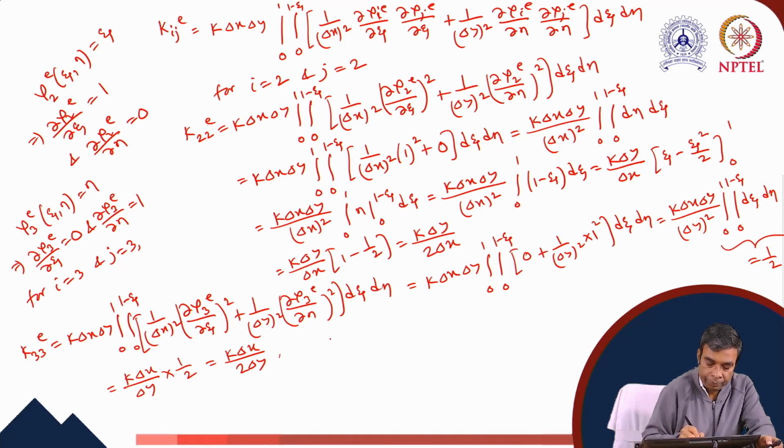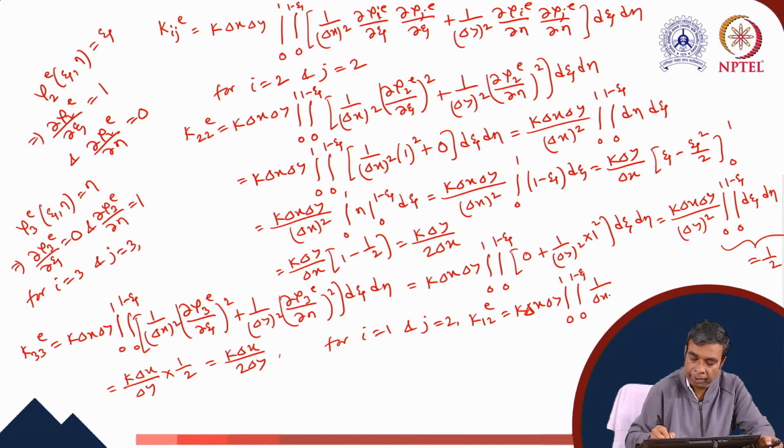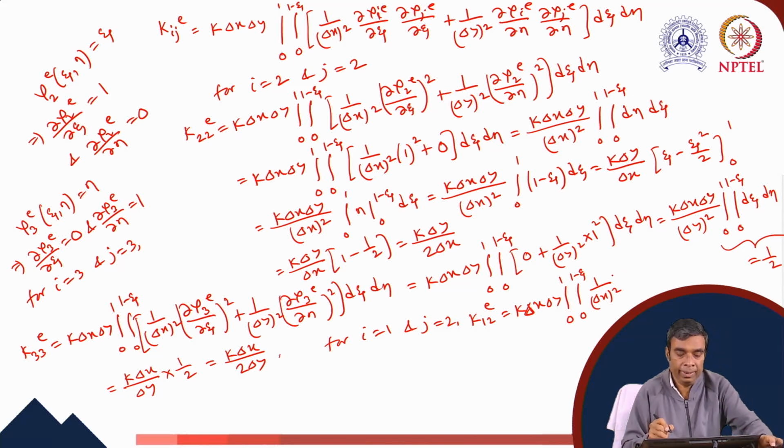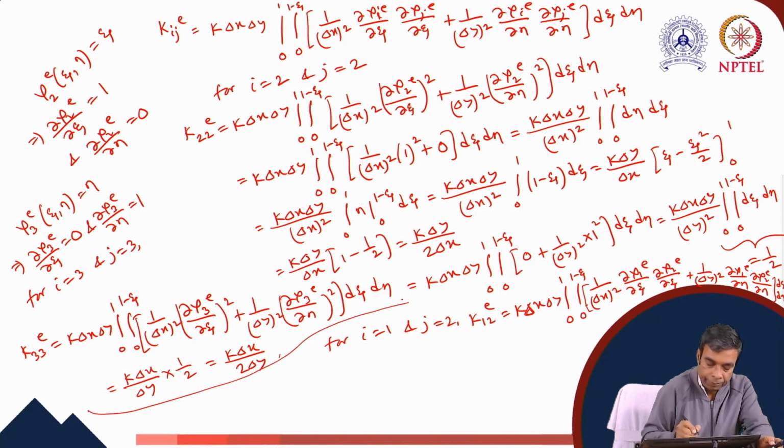Now we can take i equals 1 and j equals 2. k12e equals k delta x delta y integration 0 to 1, integration 0 to 1, minus xi, 1 by delta x whole square, del psi 1e del xi, del psi 2e del xi, plus 1 by delta y whole square, del psi 1e del eta, del psi 2e del eta, this entire quantity integrated over d xi d eta. So we can write it as